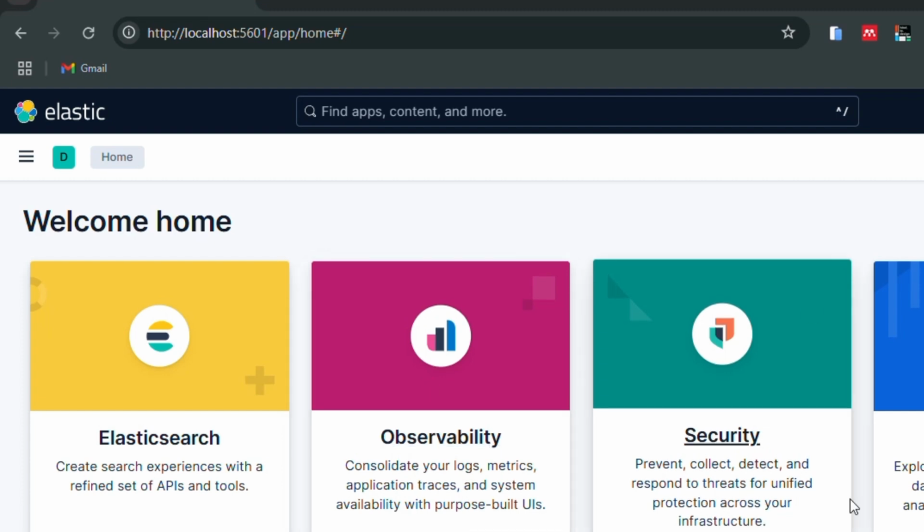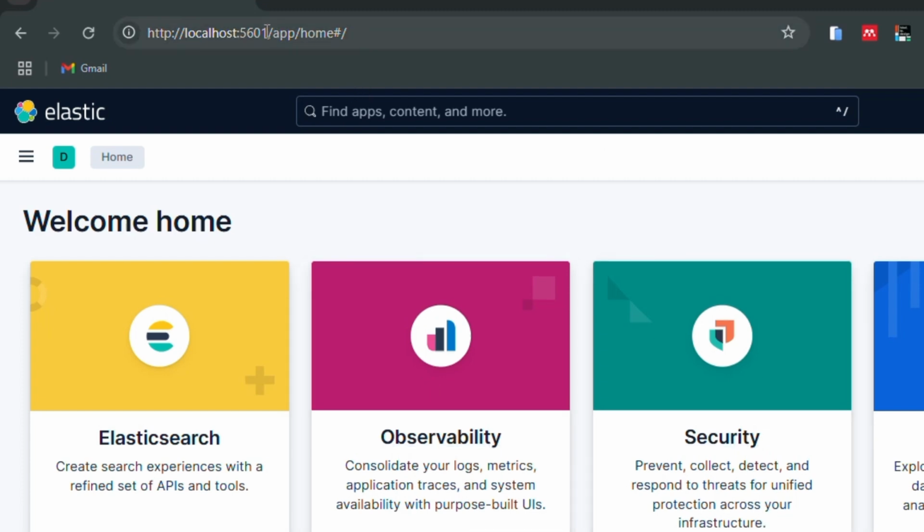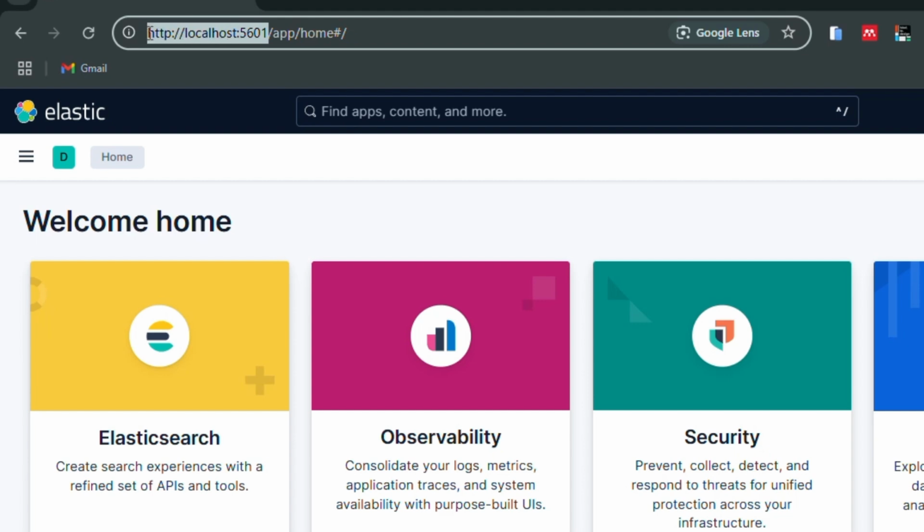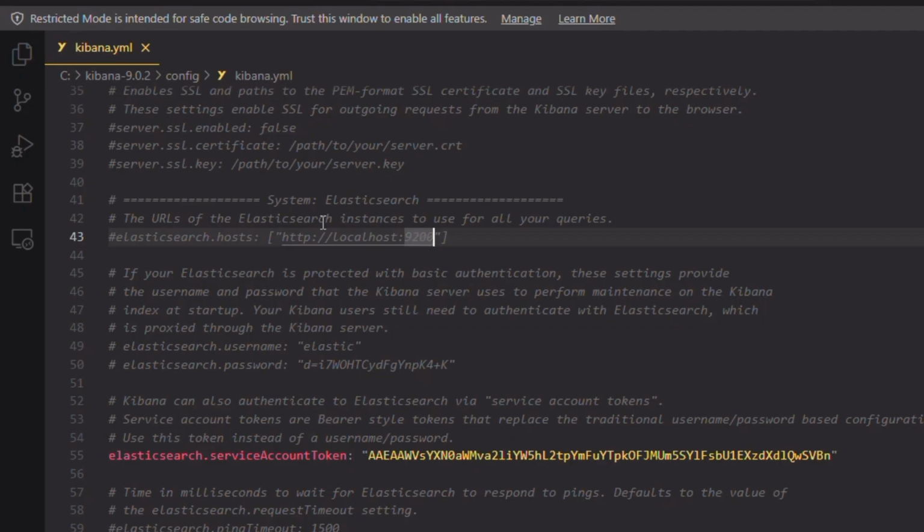By the time you're done with the configuration and you navigate to this port number on your browser, http://localhost:5601, you will eventually get an interface like this. Although before this interface, you'll be requested to use the password that you've created. We have to input this password and this username that you've created here in this